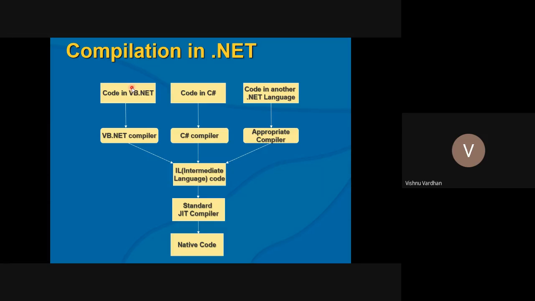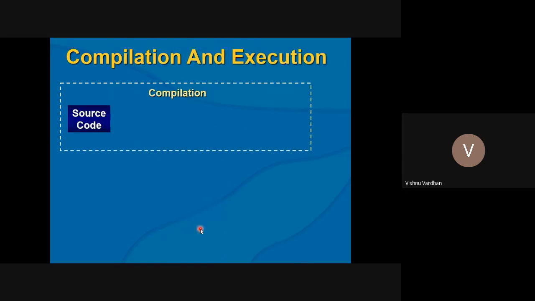Whatever you write in a particular language is ultimately transformed into the intermediate language. Then the just-in-time compiler will ensure that it produces the best code for your platform. Okay. So this is how we can see the